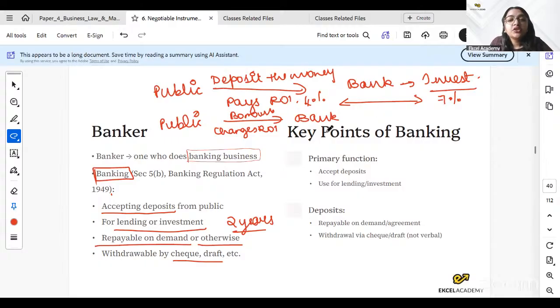Key points of banking. The primary function is accepting deposits and using them for lending. Deposits are repayable on demand or agreement. Withdrawal is via check or draft. No verbal withdrawal. Why? Because you need to present a document saying this is how you are going to withdraw